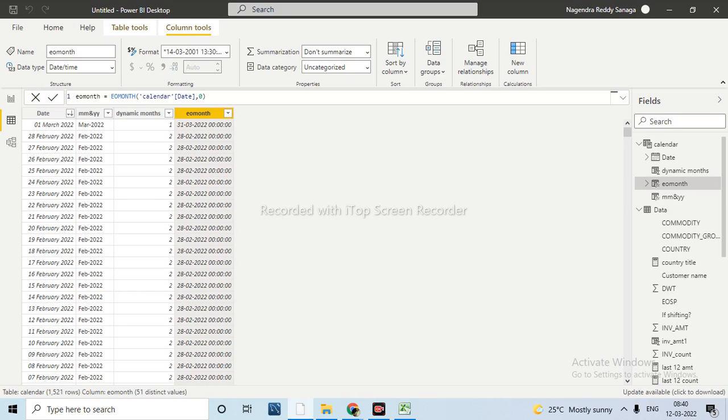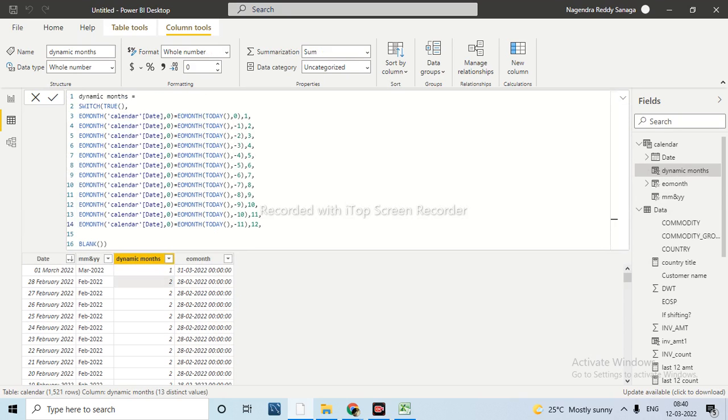Here is what happened: 28th February, 28th February, 27th February. For everything, the current date will give us the last date. Understood? First thing, what we have written in this first step. Okay, in the next step, we are checking, like in the first date we are checking with the current month, and let me take that one also.